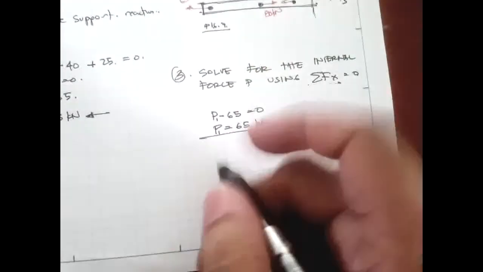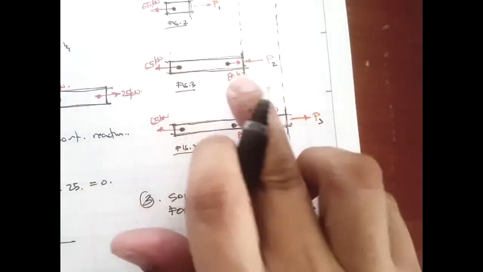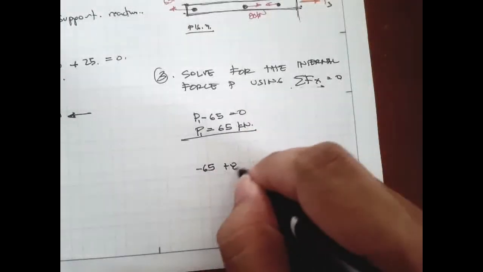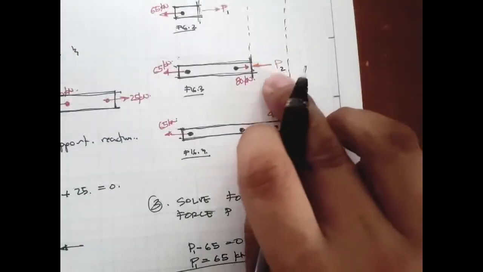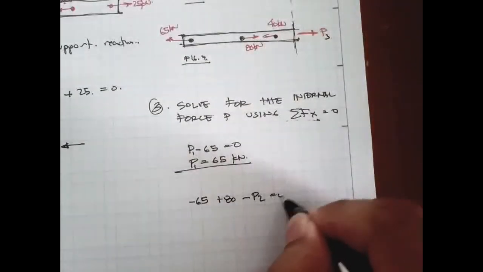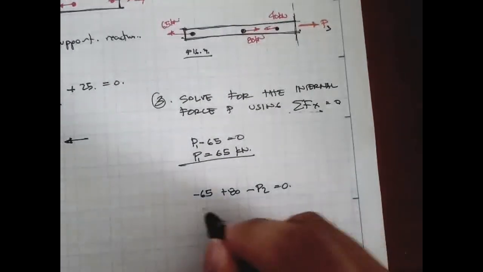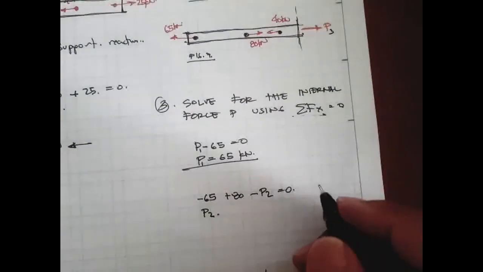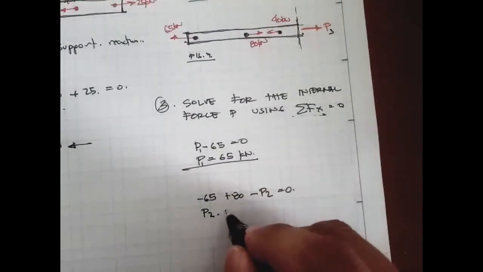what we get is negative 65, plus 80, minus 50, minus P sub 2 is equal to 0. Therefore, P sub 2 is equal to 15